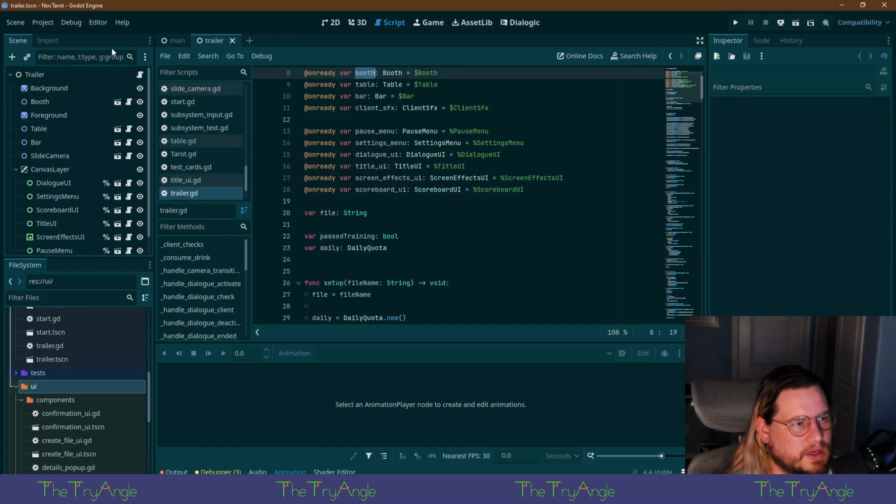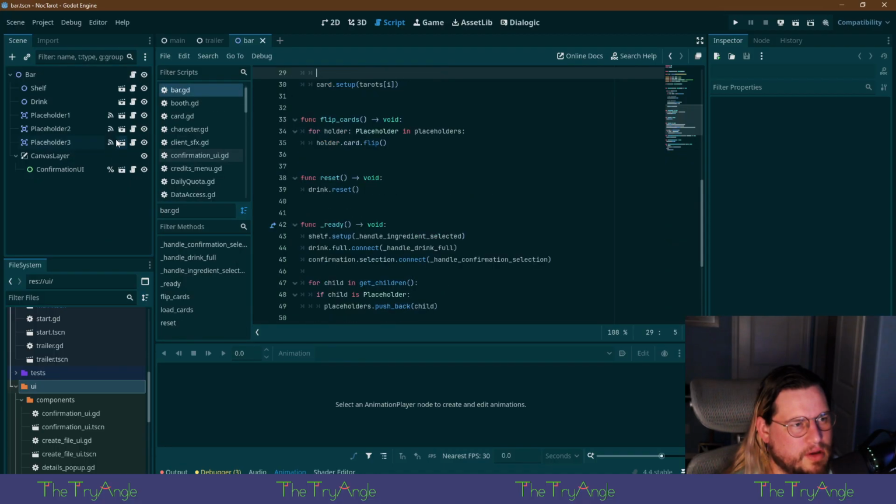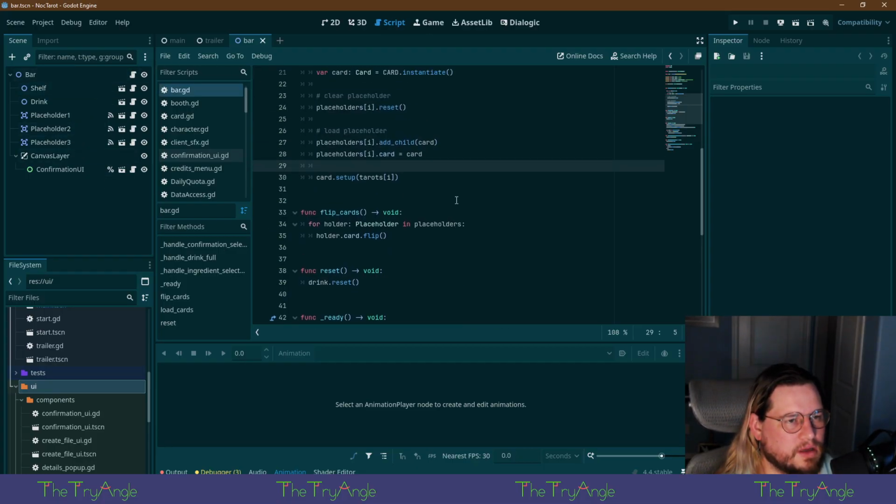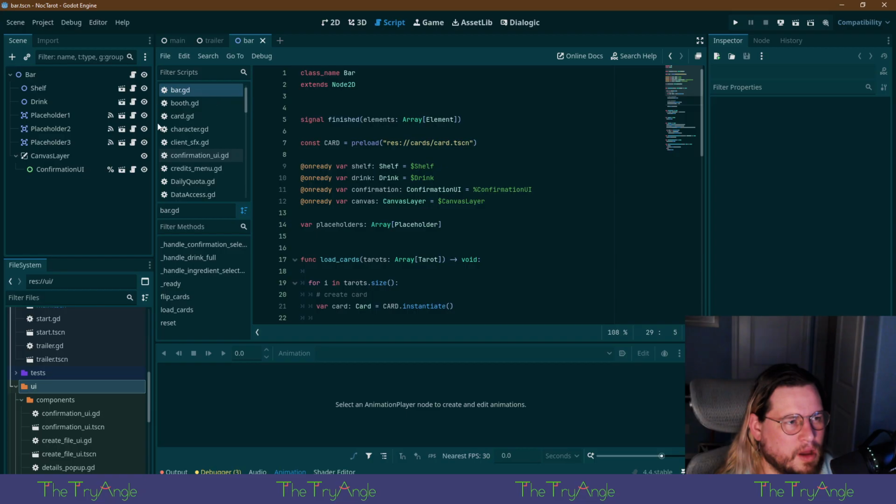Let's see. The bar. Oh yeah, we don't even use the kitchen area anymore, which is totally fine. All right. The bar has confirmation UI.